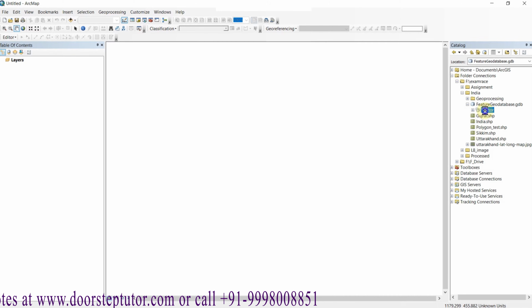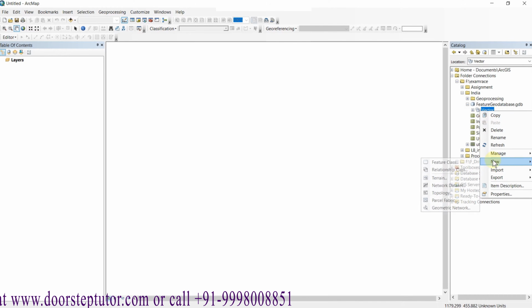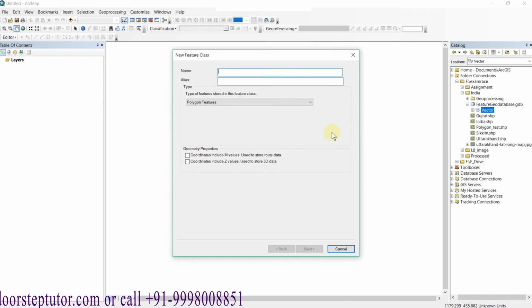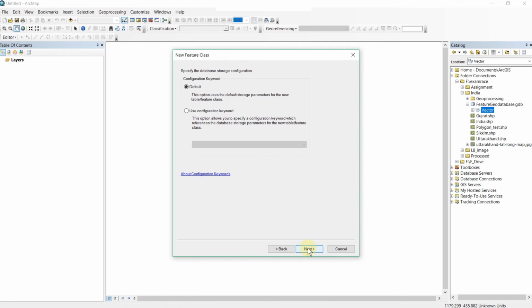Now I am going to create a feature class within my dataset system. I can add as much data as I want within a dataset and as many datasets as I want within a geodatabase. Now I am going to add the name polygon; alias is your choice.